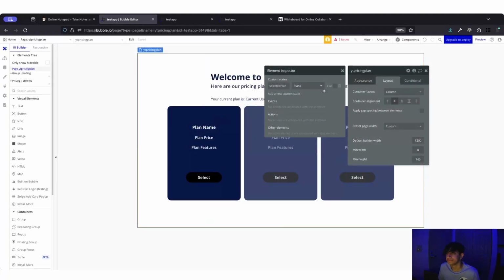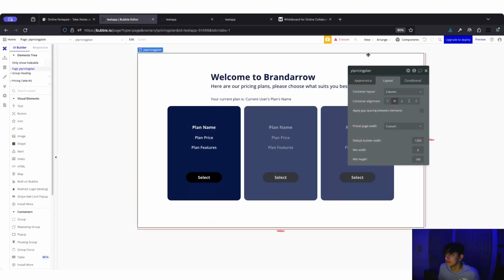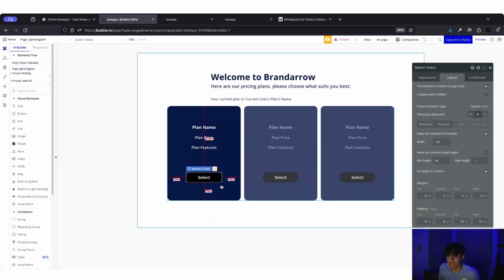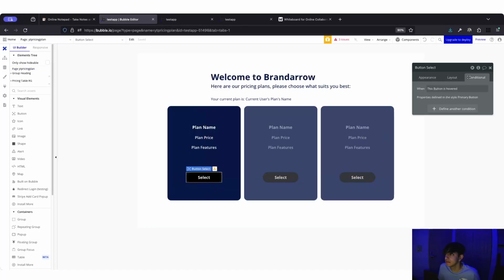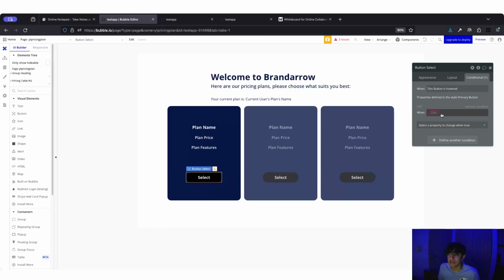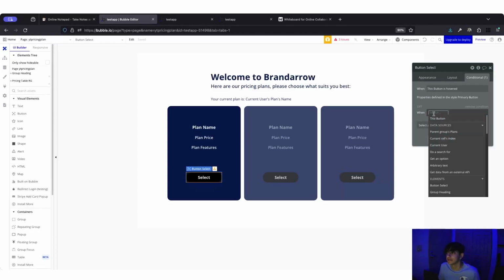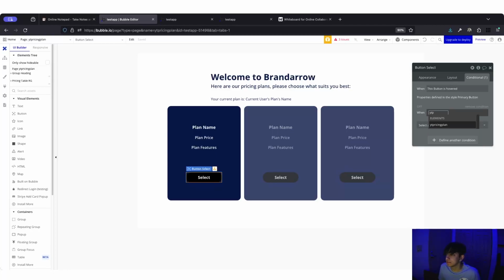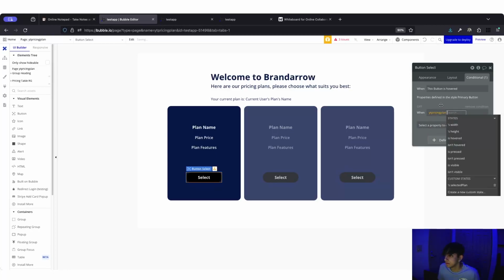Create. Cool. So now that we have that done, we can hit our select button, go to conditional, and set a conditional to change it to say selected and change the color for when it has already been selected. To do that, we're going to do when. We're going to type in the name of the page, so it's going to be YouTube pricing plan. When YouTube pricing plan's selected plan